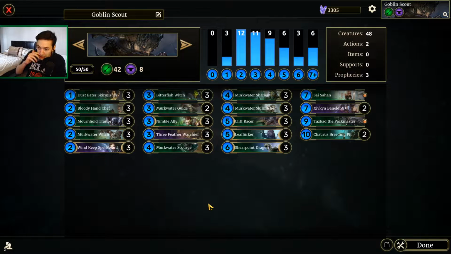So by not leaning on the Skulk Curse package, it frees up slots for us to run things like Winky Spellsword in our 2-drop slot, and it allows us to run Zivkin Banelord at our top end. The reason I went for Winky Spellsword in this deck was just because I found myself needing more standalone good 2-drops early in the game. The only 2-drops you technically run on curve are Bloody Hand Chef and Moorhole Trader. I just found my curve not starting properly until turn 3, like most of the time. So I figured I would try out Winky Spellsword, and I've been impressed by the card in every game I've